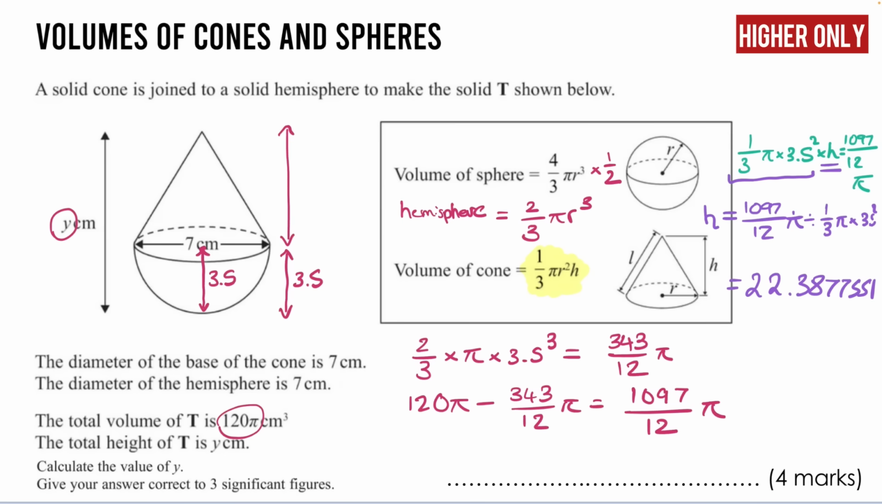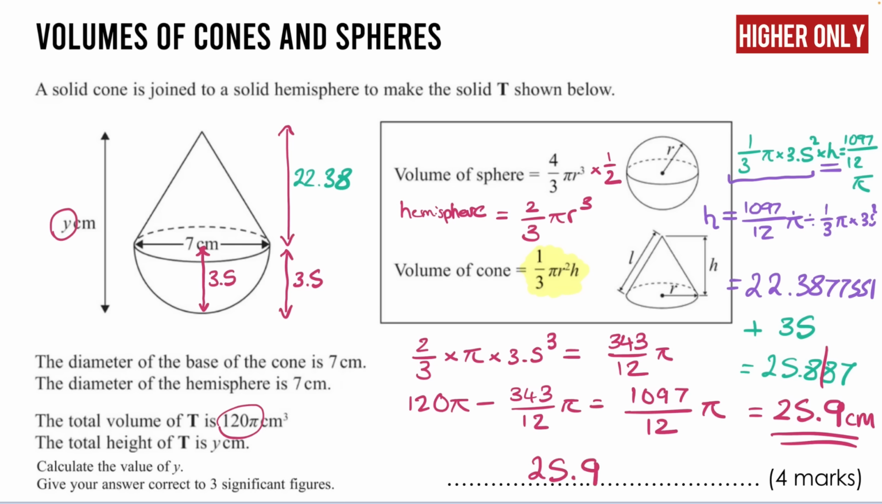Okay, so that is the height of the cone, and to get the height of the overall shape, which we've got over here, we've got the 22.38, we're going to need to add the 3.5, which is the height of the hemisphere, and if we add 3.5, it comes out as 25.887. So 25.887, and we want that written to three significant figures. So that's going to be 25.9, and that's in centimetres. And there we go, that is our final answer,